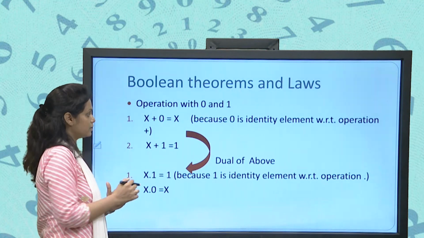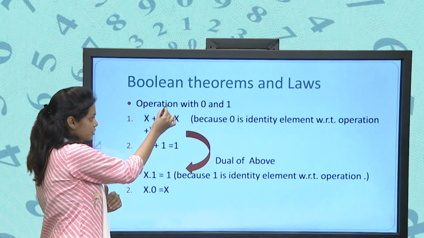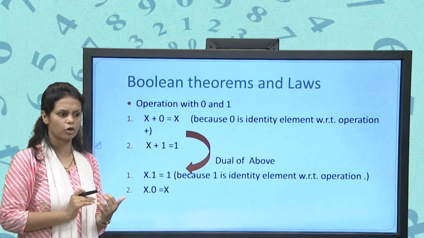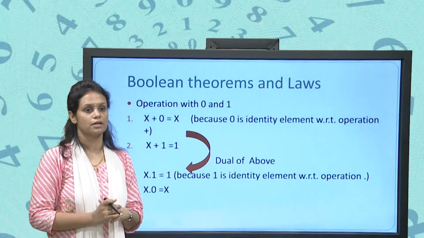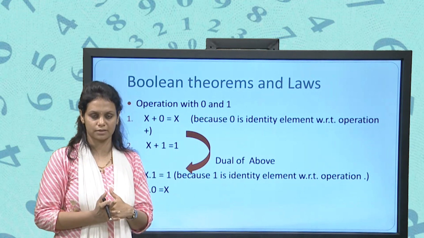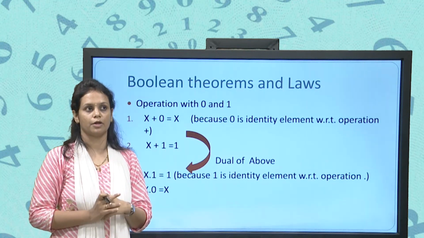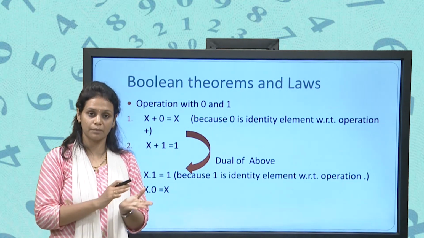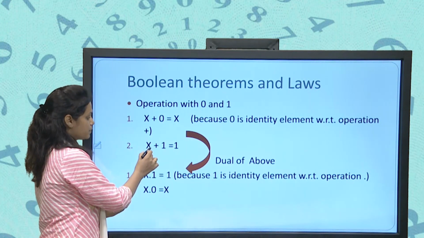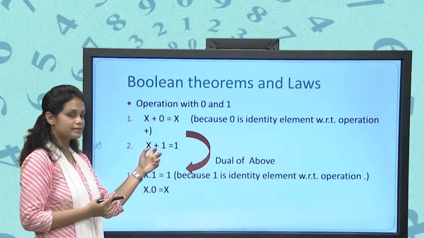So x plus 0 equals x, that is why we get the mirror image of x, and that is why we can say this 0 is the identity element. In our normal operations, while we are using the decimal system, 0 is the identity element with respect to the operation plus. 1 is the identity element with respect to the operation multiplication. Why? Because if we multiply any number by 1, we get the mirror image of that number. Fine. Next, x plus 1. Now what is the output of x plus 1? So x is any one element, and 1 is the highest element.